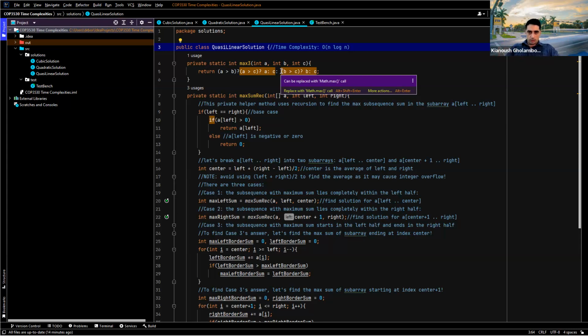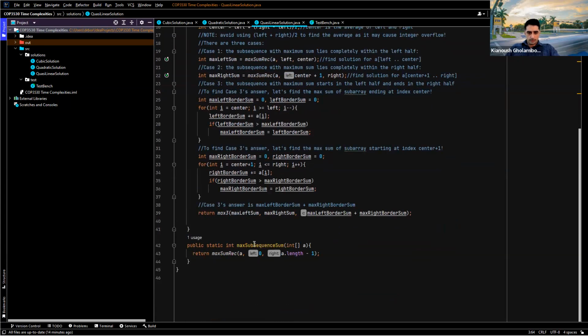But if you have a hard time understanding it, that's totally fine, because that's a hard algorithm to understand at this point, because it uses recursion and it is basically solving the problem in a divide and conquer fashion. So this is the answer. This is a public static int method called maximum subsequence sum that gets an array, and it calls a helper method. The helper method is a recursive method that gets an array, the leftmost index and the rightmost index, which is going to be 0 and length minus 1,